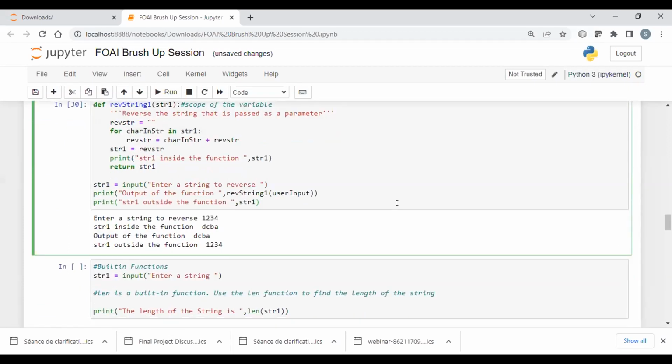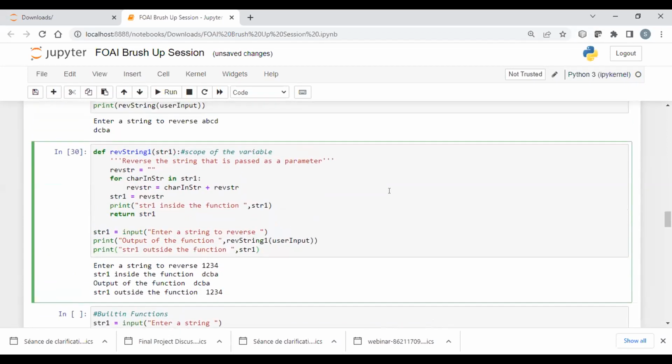Yeah, as you said, the functionality will work the same if we change the function name. There will be no change in the function. This function naming can be anything. In fact, if you name it XYZ also, the only thing is when you're passing it, you need to make use of the correct function here. So changing from reverse string to reverse string one will not change the functionality.